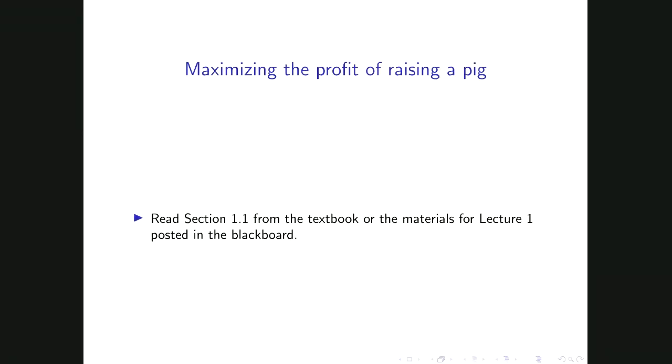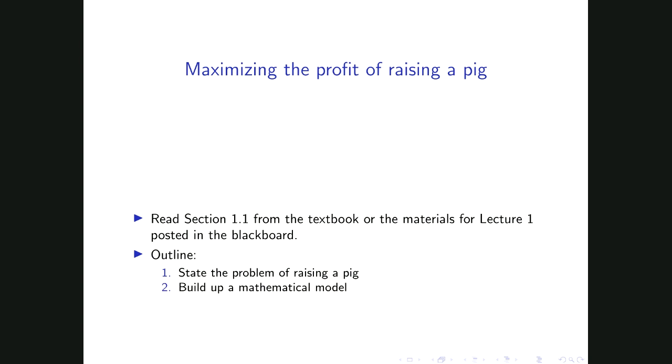Today we consider a one-variable optimization model: maximizing the profit of raising a pig. Please read section 1.1 from the textbook or the material for lecture 1 posted in Blackboard. We're going to state the problem of raising a pig, then build a mathematical model, then use calculus, the derivative, to solve the model,